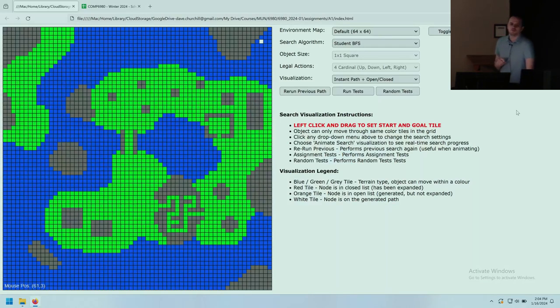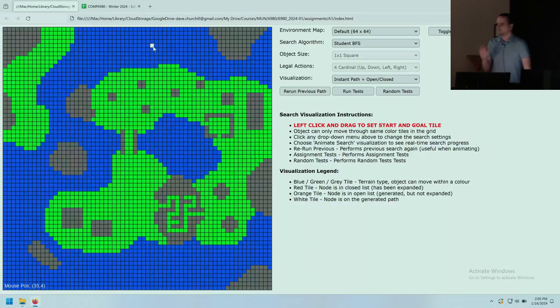The assignment is written in HTML, CSS, JavaScript, and it uses HTML canvas to draw this environment to the screen. You do not need to know anything about how the user interface works. However, all the code for the user interface is there if you are curious and you just want to see how it works. I will not be really going into any of the details of how the user interface works,